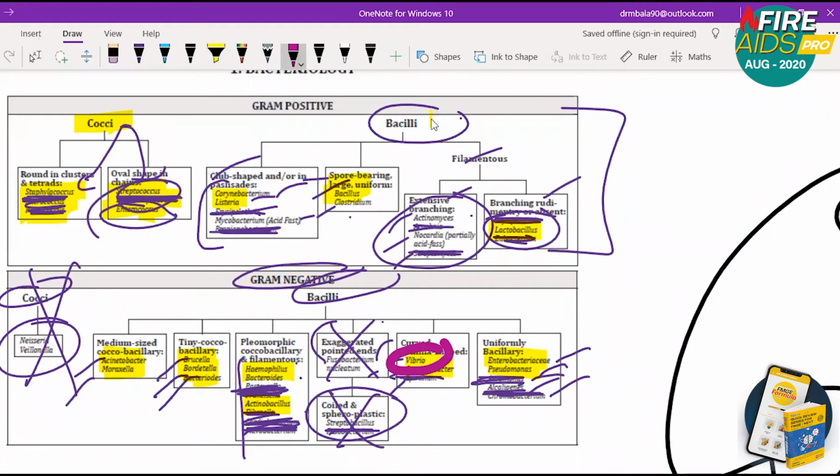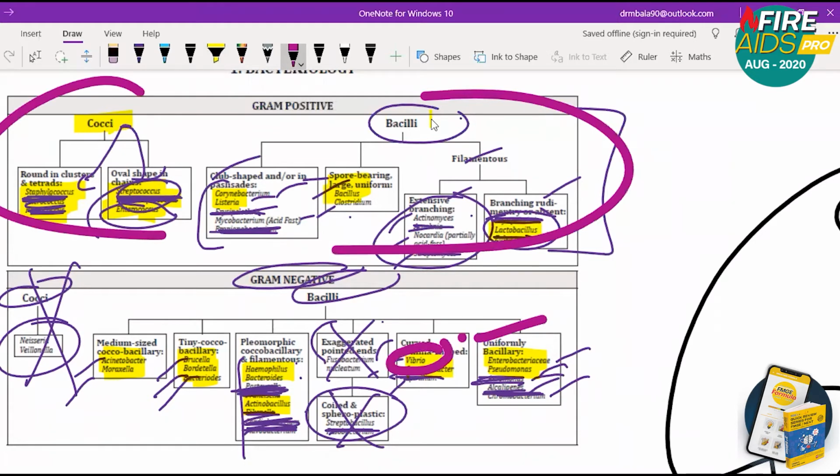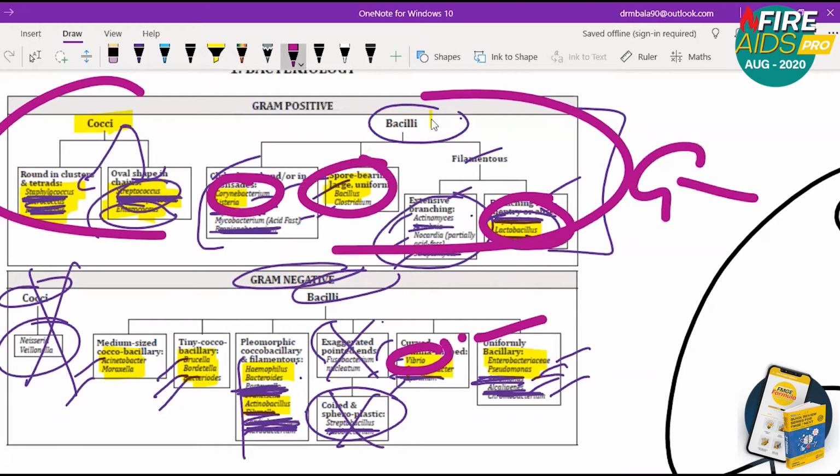So directly you can go for Vibrio because none of them are gram negative. All those options that were provided are gram positive organisms. So that is where your smartness will revive in the examination. So make sure whatever points I told here you must memorize, and repetition of these points is essential. I hope I'm clear here.